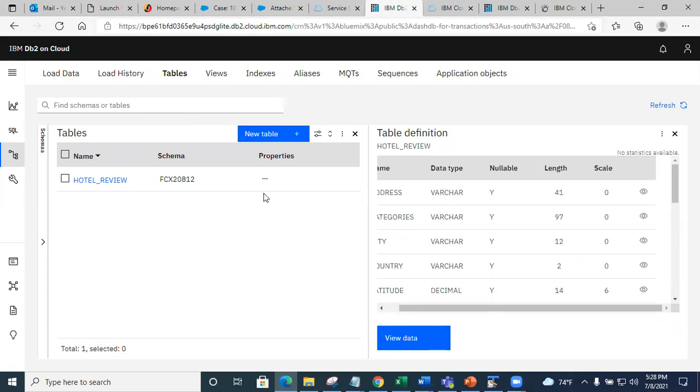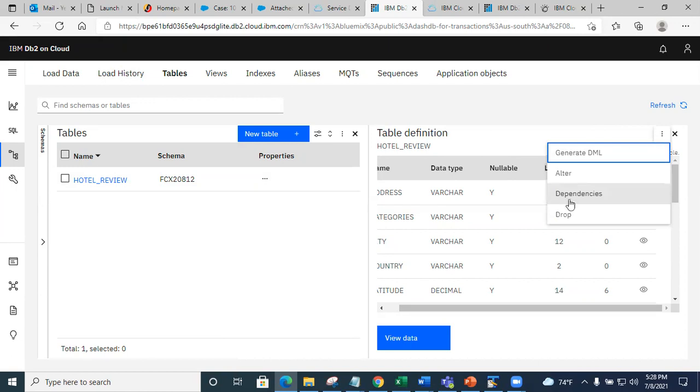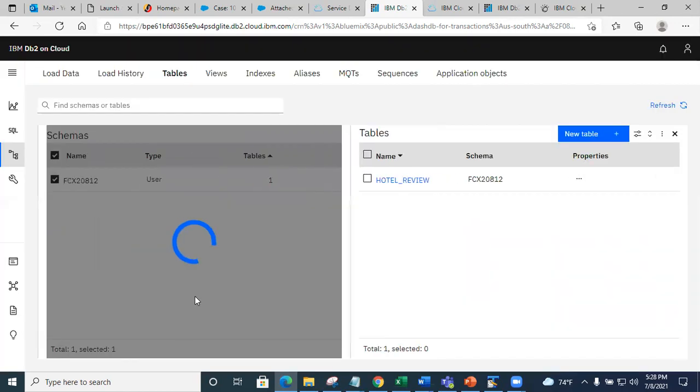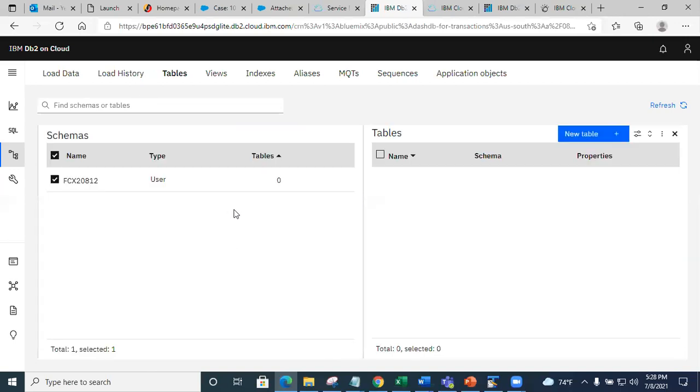Okay, this is what you're gonna do. Things did not go as expected. The table did not load as expected. This is what you're gonna do to remove the table, if you will. See this, I go to tables, I see this, right? And to remove the tables, I just do drop. This will remove the table from the system, okay? Okay, so I just deleted it.